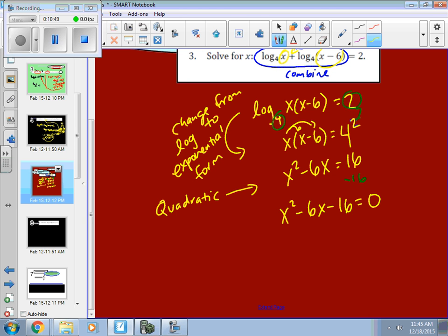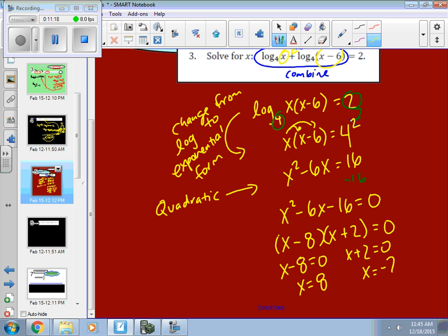Okay, now to finish the problem, we're going to try to figure out how to factor this. What's going to multiply to negative 16 and add to negative 6? I think the two things that do that here are negative 8 and positive 2. They multiply to negative 16 and add to negative 6. Now use the zero product property, put them both equal to 0, and solve it out. So if we put both of these equal to 0, we get an answer of 8, and we also get an